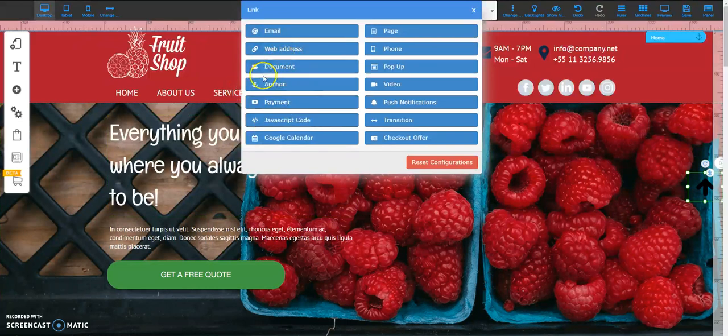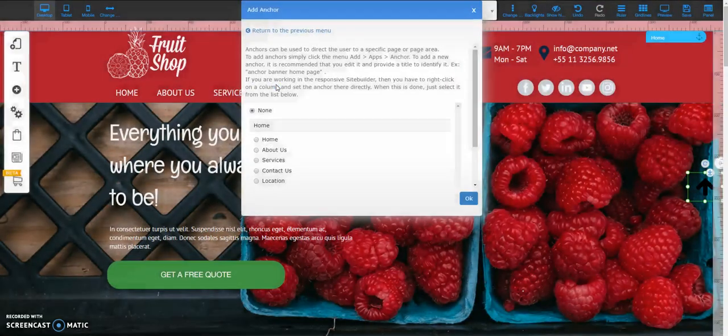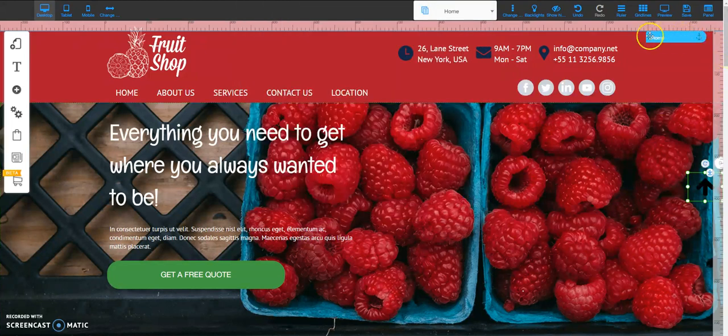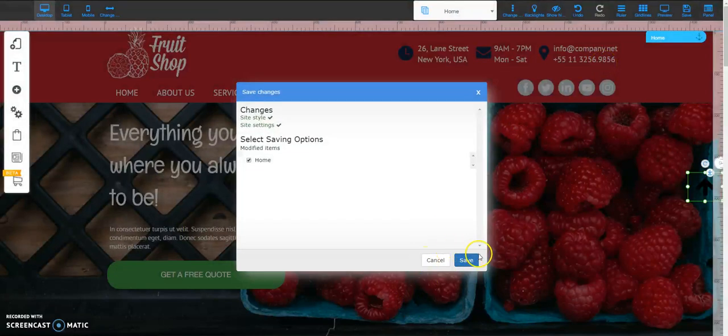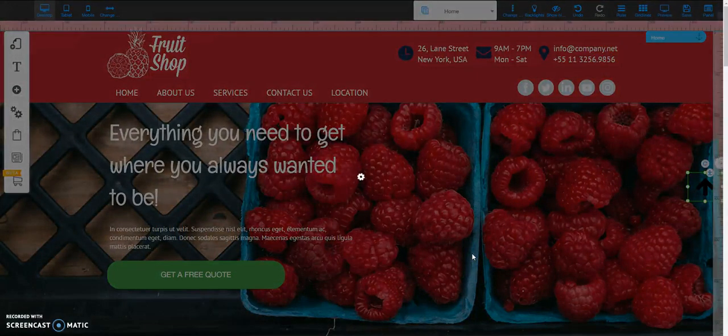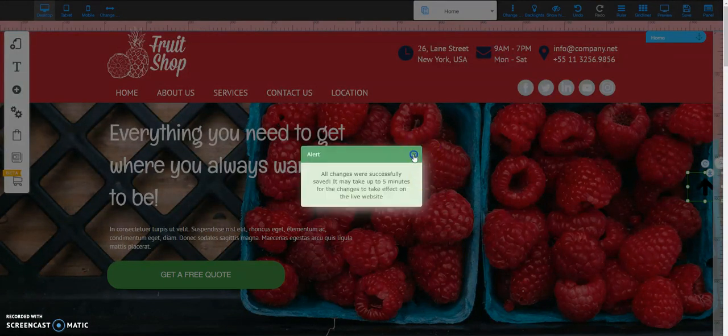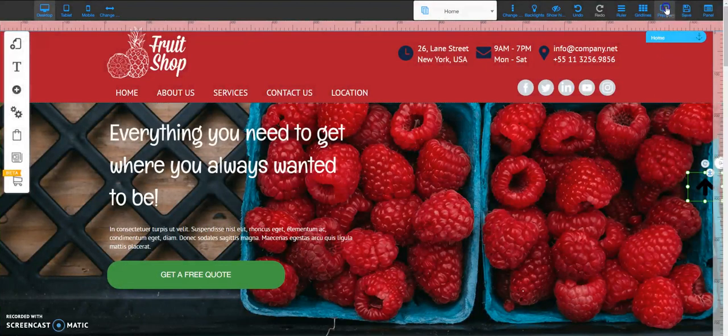So in my case, I'm going to select anchor because I already have anchor points set up for the menu items here. So whenever the user clicks on it, it's always going to go to the home anchor point of the web page. So I'm going to click OK, and here's the home anchor set to it. So if I go ahead and click on save, click save, do that, and if I go ahead and preview it,